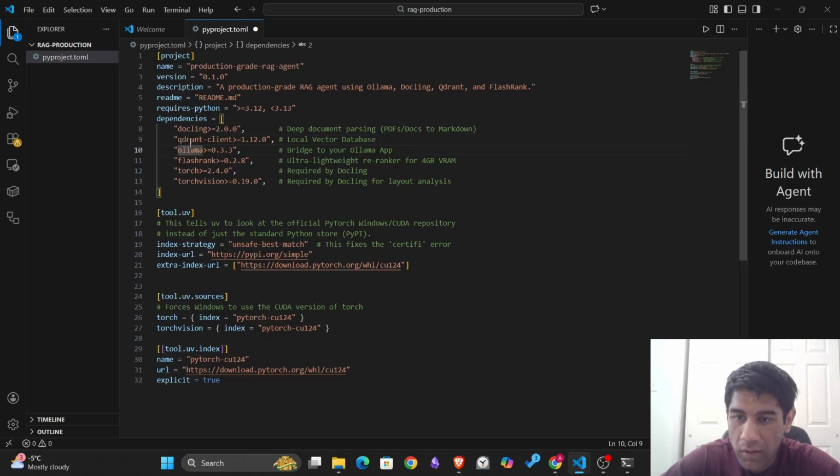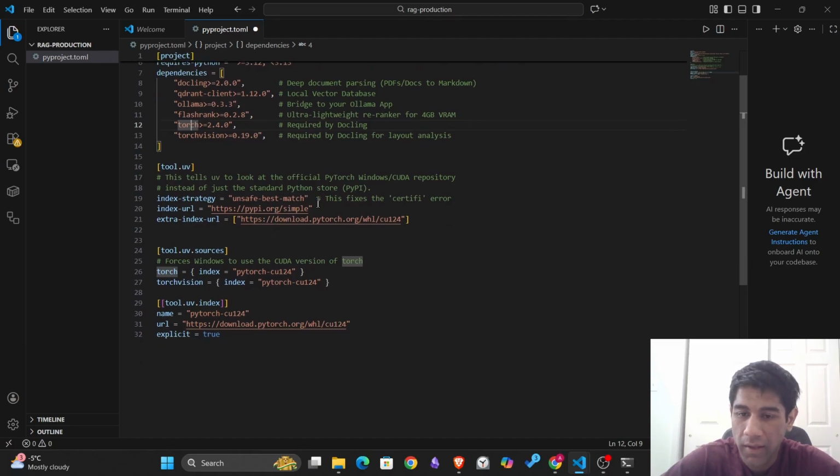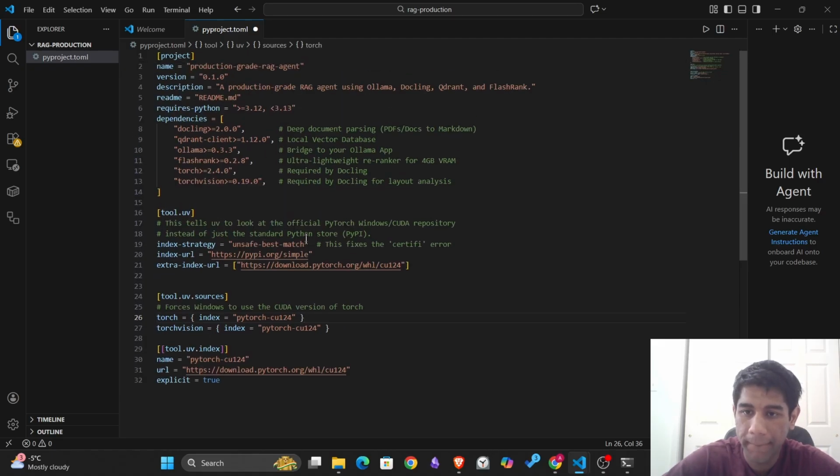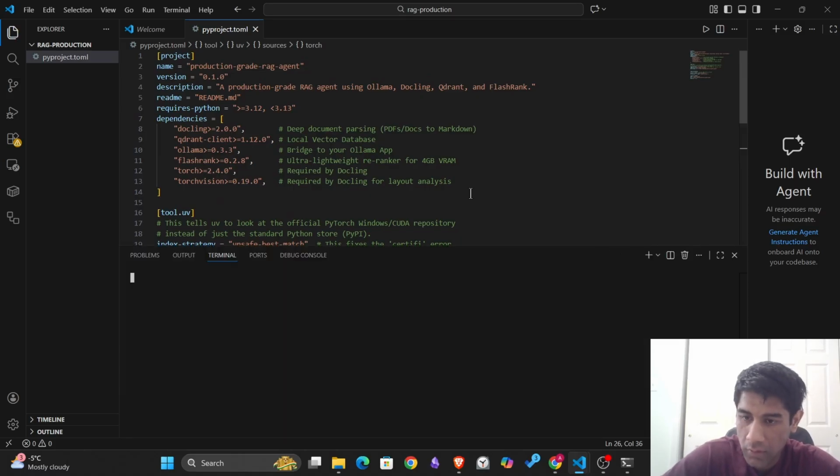We need Docling, Qdrant, Ollama. The Ollama Python library is different than the Ollama application we installed. FlashRank, and then Torch and Torchvision are required by Docling. And then I also specify the index because I want Torch specifically from the CUDA link, which will ensure the GPU supported Torch is installed. And yeah, that's it. And now I save this, open a terminal,